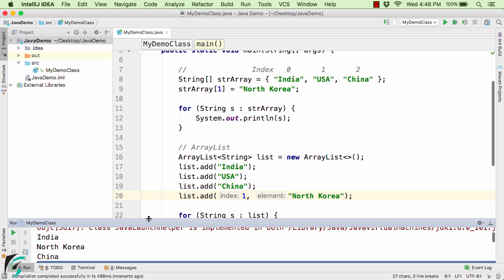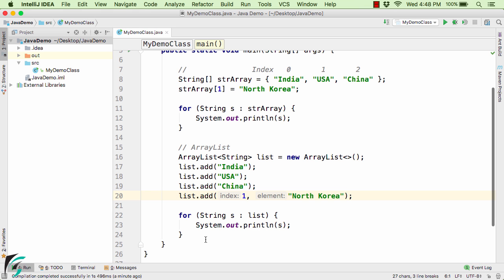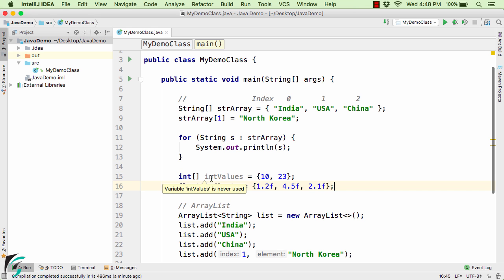And now comes the most important part of this video tutorial, that is, what are the data types that this ArrayList can contain? Now in case of an array, we can define the integer array like this and the floating point values like this. And similarly we can define the double array and also the long array. So we are all familiar with this, right? That is, the arrays can hold the primitive types of data. That is, the integer is actually a primitive type and the float is also a primitive type of data.